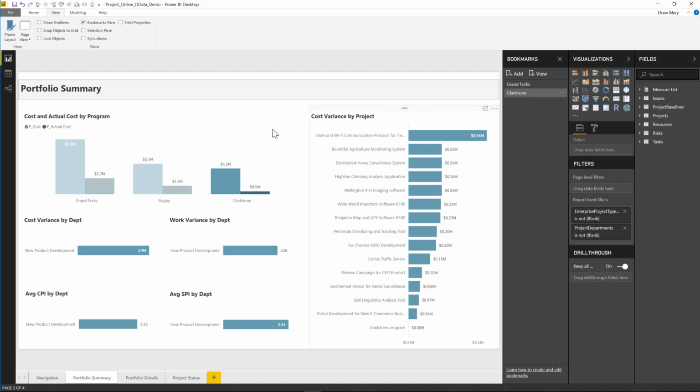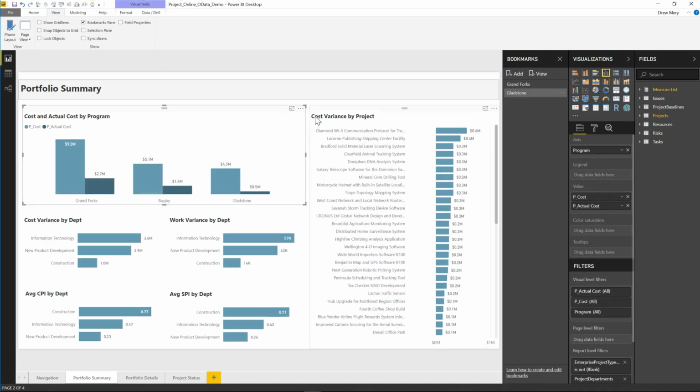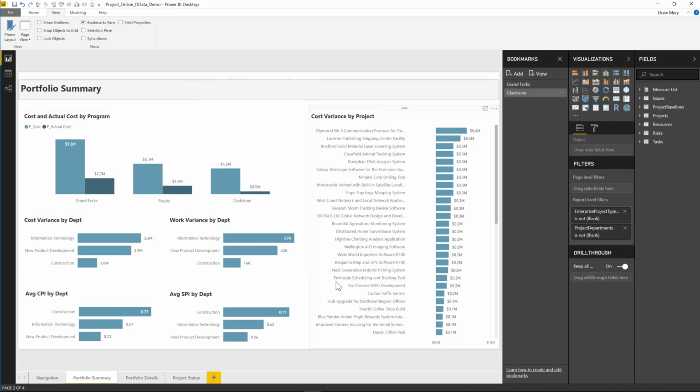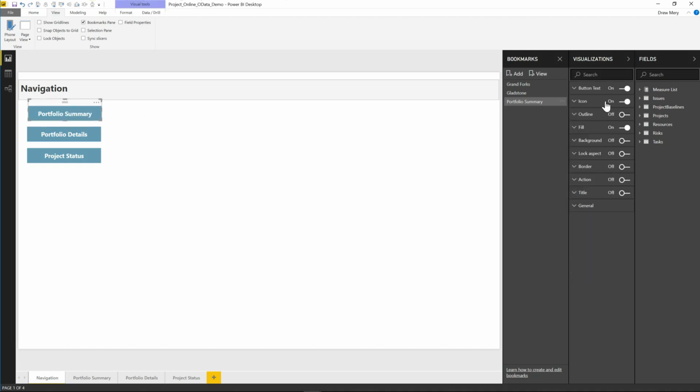So let's go ahead and we'll select this cross filtering, and here we just have our regular report view. So in order to navigate to this report, that's essentially what we need, a bookmark of just our default report. So let's go up here now to add, and we'll call this portfolio summary. All right, now let's head back to the navigation page, and we'll click on our portfolio summary button,